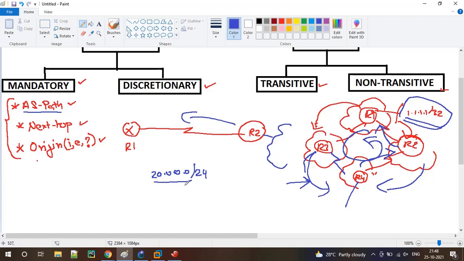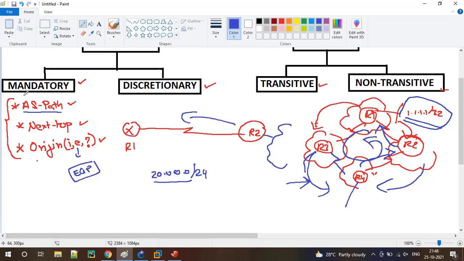R1 should know how this particular prefix is being learned, either through BGP or whether it is being redistributed. Even if it is learned through BGP, whether it is advertised in BGP or redistributed into BGP, we will come to know what this E is. This refers to the EGP protocol. That protocol was there before but it is not there now, so don't worry about that. We'll discuss those things in the origin chapter.